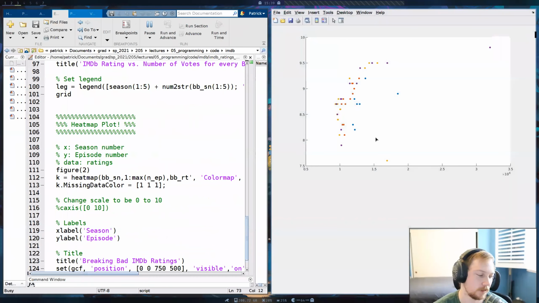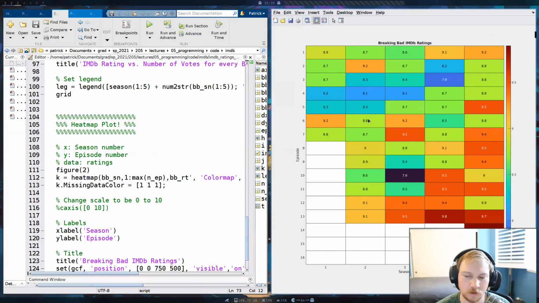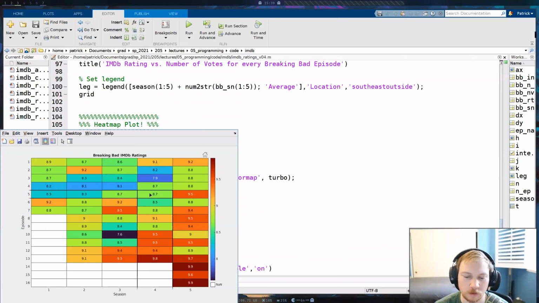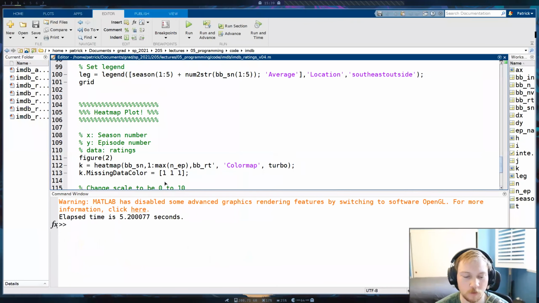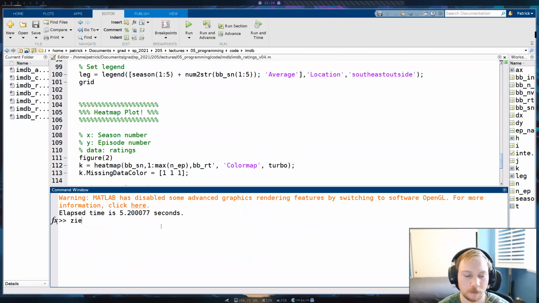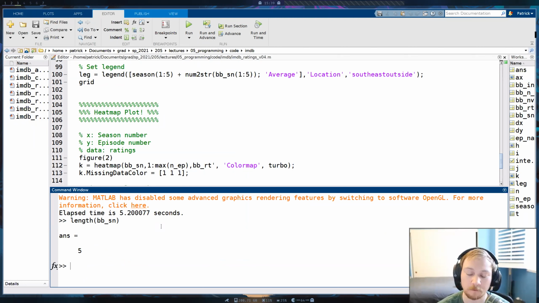Okay. I will take the silence as you understand it, hopefully. But again, I'll repeat it one more time. So let's go back down here. Let's go in our command window. Let's type in, I guess really I should do length of BBSN. That's 5. So because our X data has a length of 5, then MATLAB is telling us that